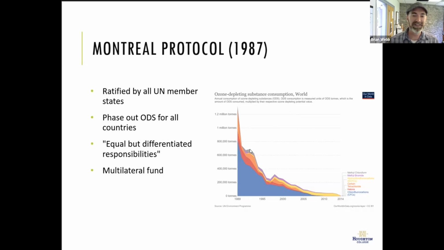And as you can see, it was extremely successful. Over time, this is over a period from 1989 to 2014, we are almost down to almost zero ozone depleting substances in the world. And thus it was seen as a great success story. So there is an option of success for dealing with global commons issues. And that's what it looks like. This is a model for what it can look like.